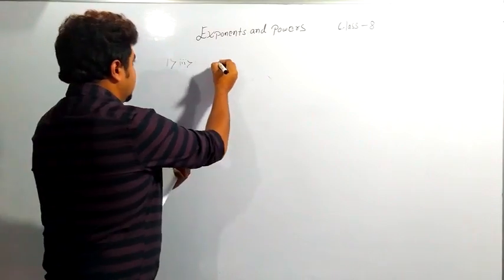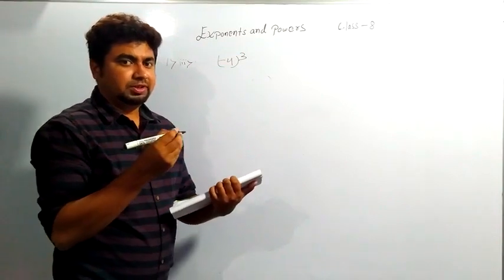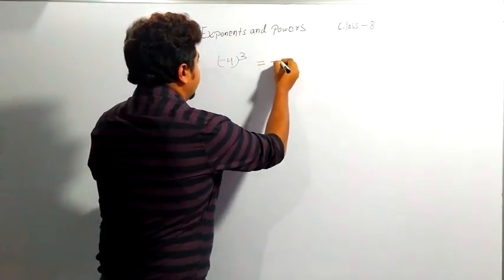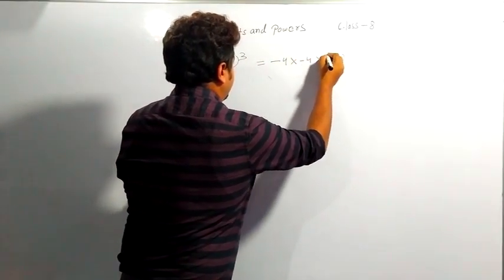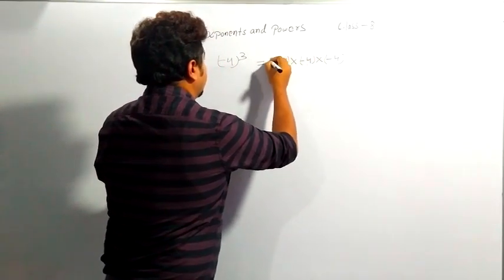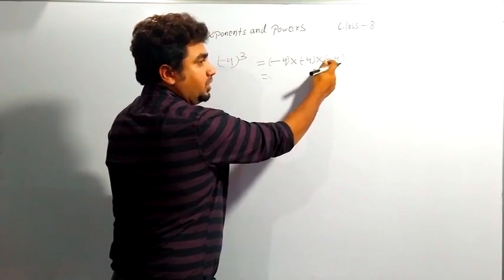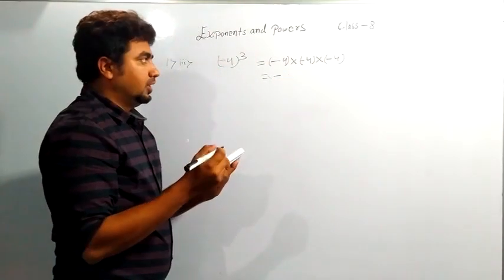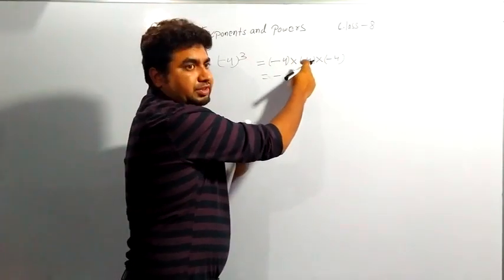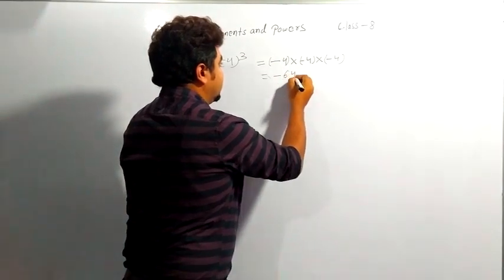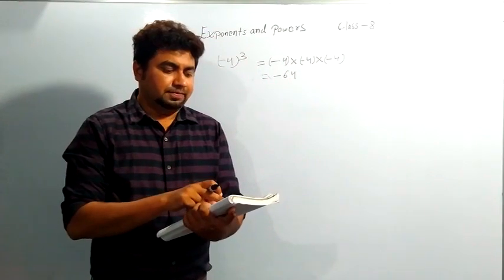Question number 1 bit 3, it is given minus 4 to power 3. Minus 4 to power 3 can be written as minus 4 into minus 4 into minus 4, which will be equal to: minus into minus will become plus, plus into minus will become minus. So I am putting here a minus sign. 4 into 4 into 4. 4 4s are 16, 16 4s are 64. So it is coming out to be minus 64. So this is bit 3.